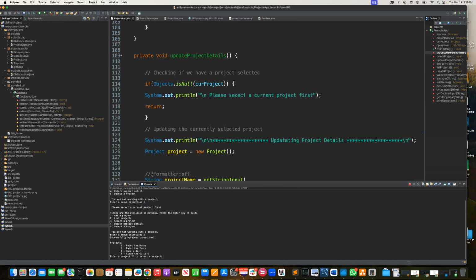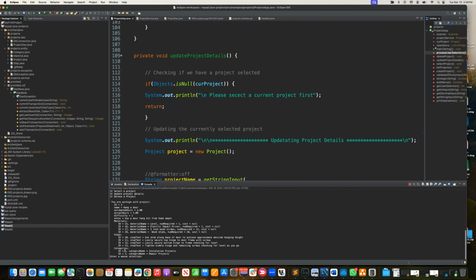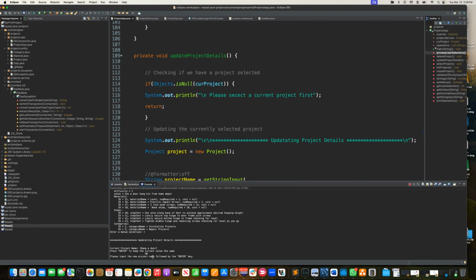3 to select a project. Choose a project from the list. Project 3, hang a door. It lists the project. It says I'm working with this project. And when I hit 4 to update the project, it moves on to the second part of the update project